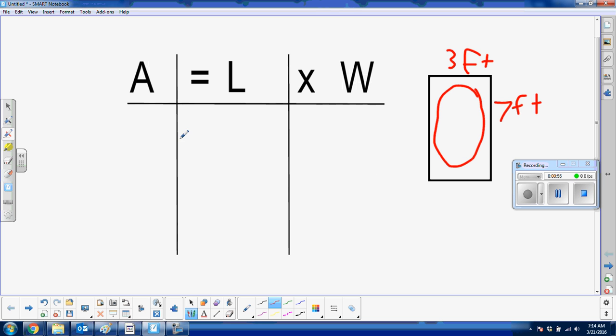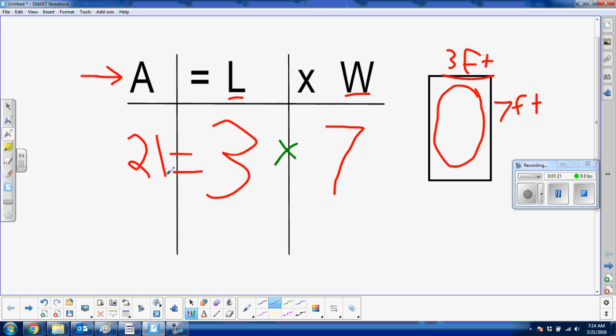So to do that, I have my area formula right here. Remember, area equals length times width. So I know that my length is going to be 3, and I'm going to go times, and my width is going to be 7. So now I got to think to myself, what's 3 times 7? And we know that that is 21. All right, but remember, it's 21 feet